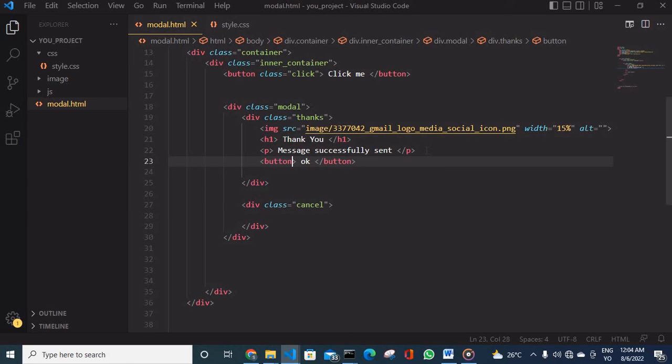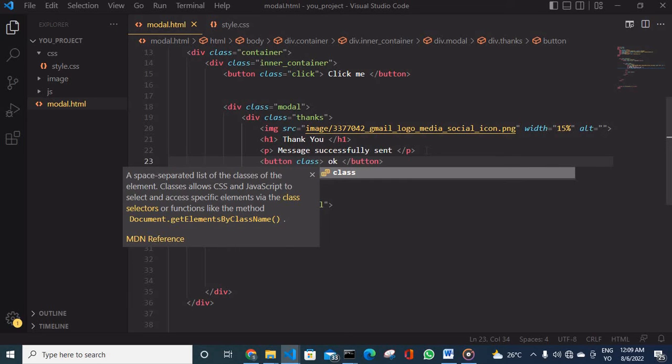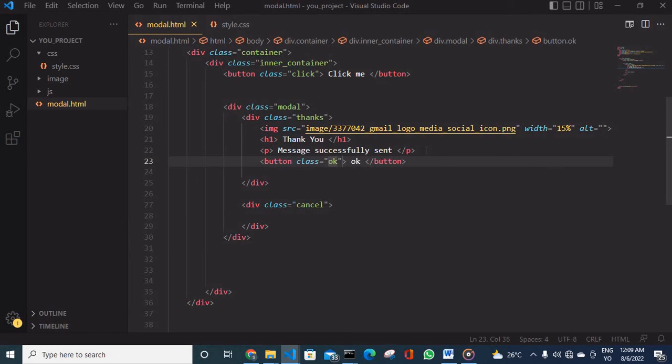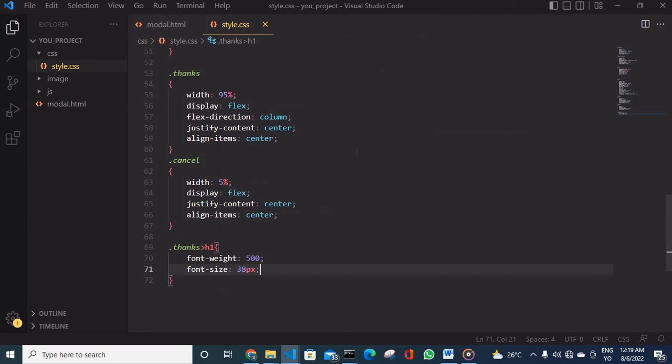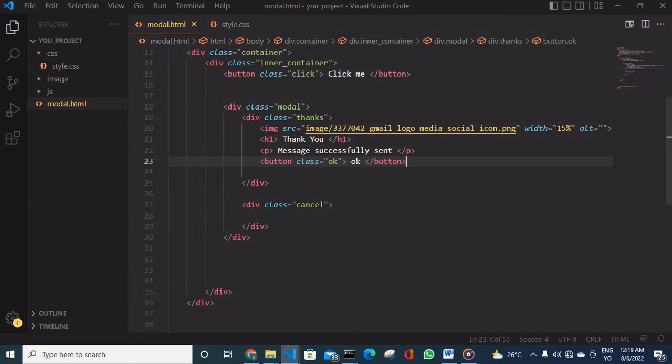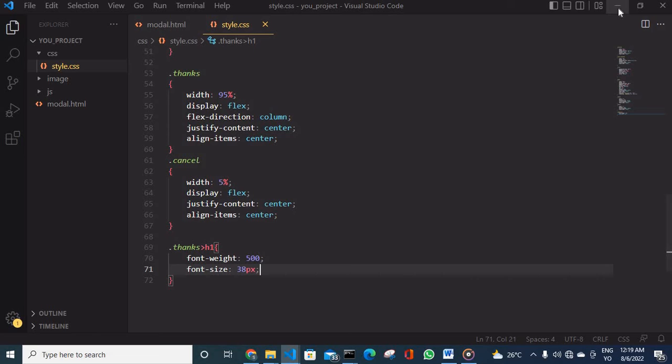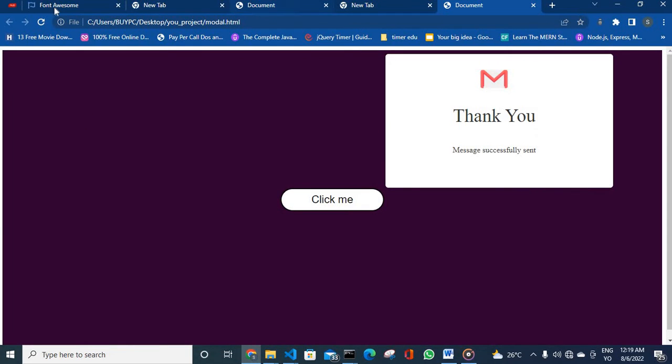and then we're going to have this as okay. So we say okay to it, and then we need to go back up, and we actually need to style this button which is saying okay. But before we do that, when I refresh this page, you can see my okay is out,